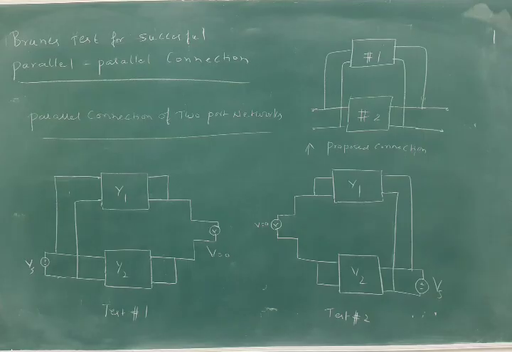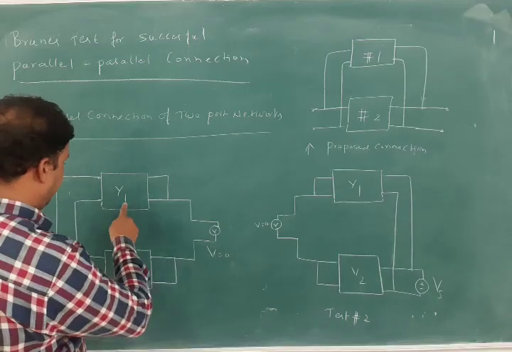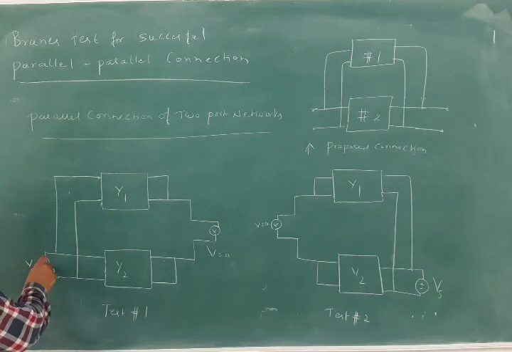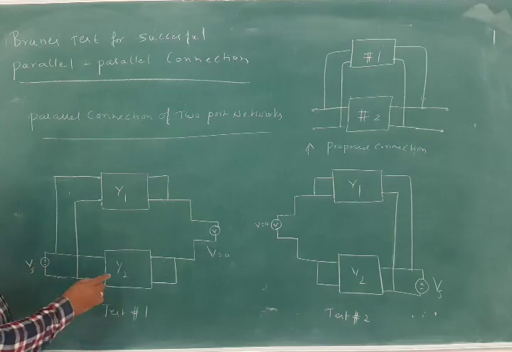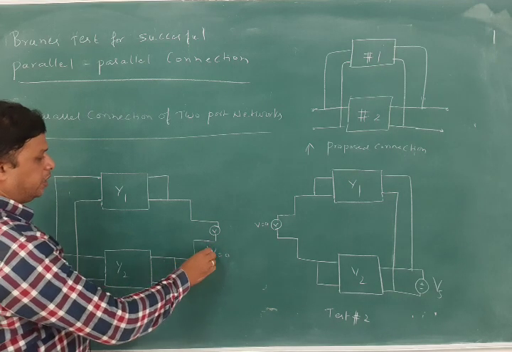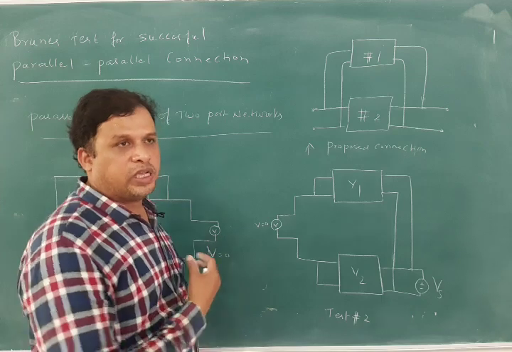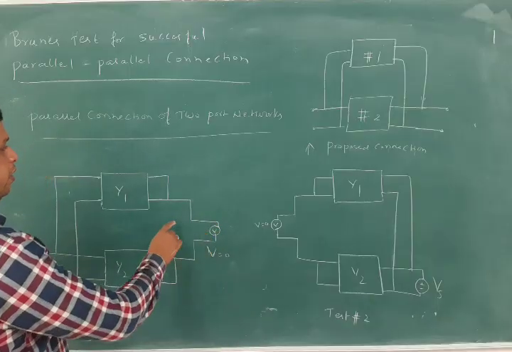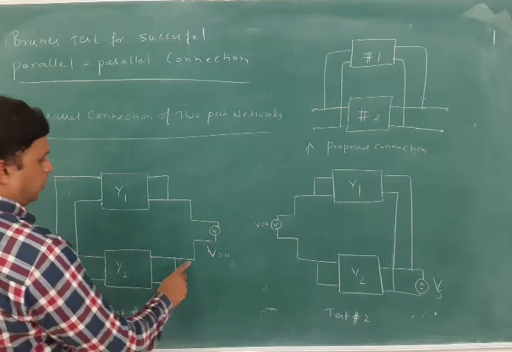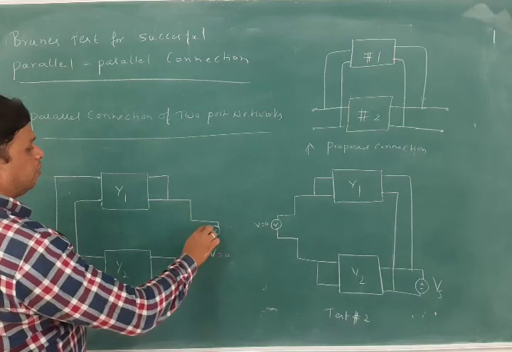So in the Bruns test for successful parallel connection, if you see here, you are having the two port networks connected in this way, Y1 and Y2, and you are applying the voltage at this particular terminal. If you see carefully here, in the two port network Y2, the supply voltage is given at these terminals, and we are connecting a voltmeter here to measure the voltage. As we have the output terminal at the right hand side, we will be putting a voltage as we have already done in the series connection. The same way we are measuring the voltage at this particular point, which is a terminal of the output. You can make a note here where we are connecting the voltmeter. Okay, we will be measuring the voltage here.